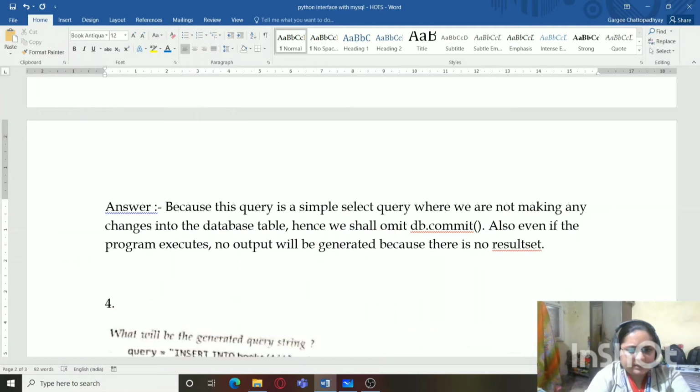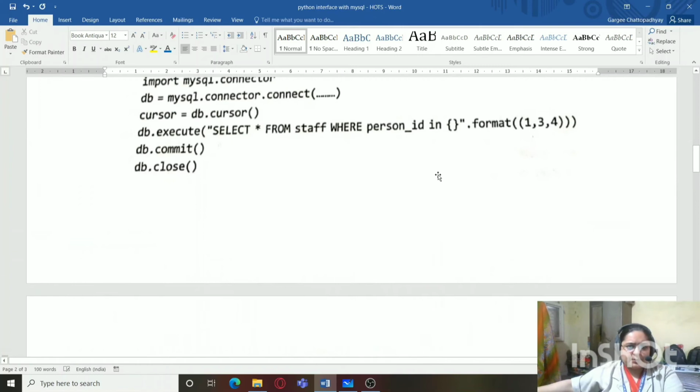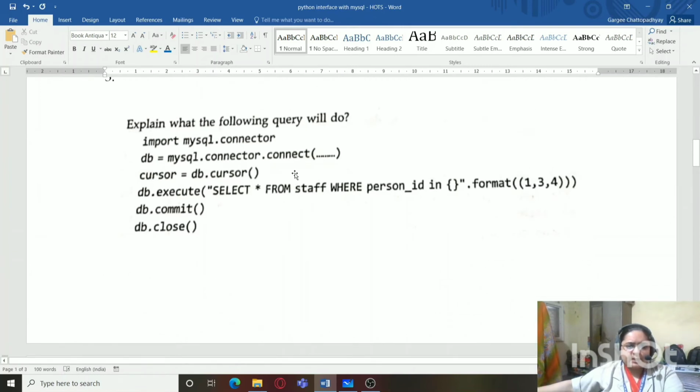So we can write the statements. Hence, we would make the following additions. So what that addition will be, firstly we have to omit db.commit, and then we will rewrite the entire program. So you have to rewrite the entire program. So I'll write the first statement, second statement, third statement, fourth statement.